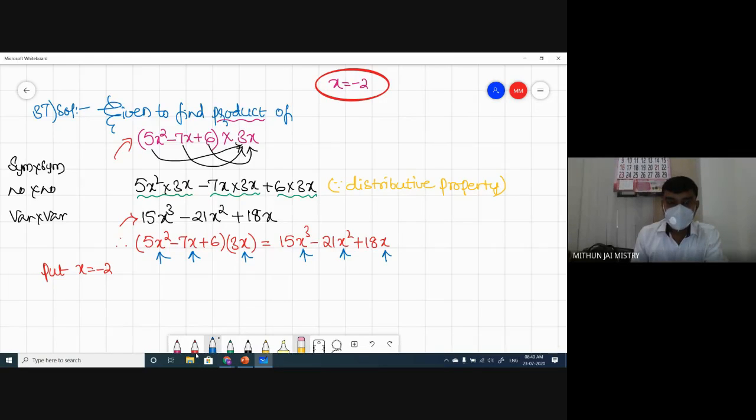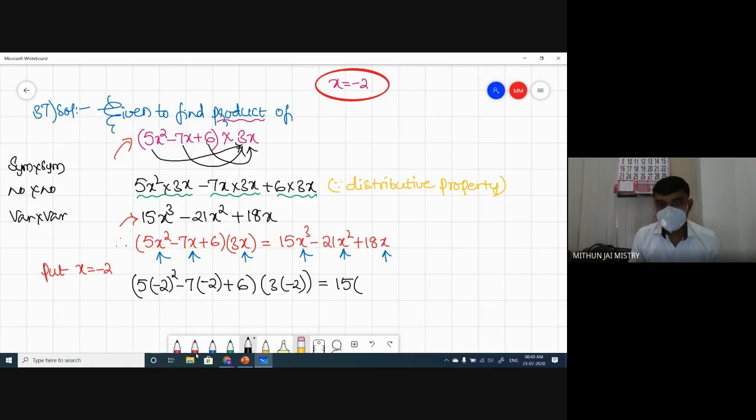So these are the places where we need to substitute x as -2. So it will become 5 into, this is x, right? So (-2) whole square. Then after that, -7 into x is coming again. So (-2), that is, the bracket is helping us to understand that it is multiplication, right? When I say 7x, what does it mean? 7 into x. So 7 into (-2). Then we have +6. A bracket is closed. Again, we have 3 into (-2), right? And then equals to